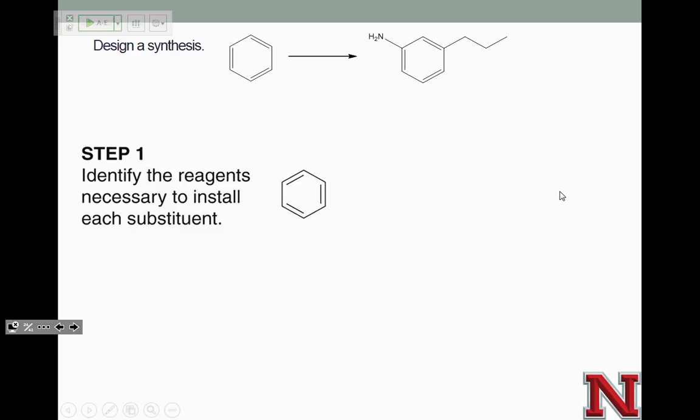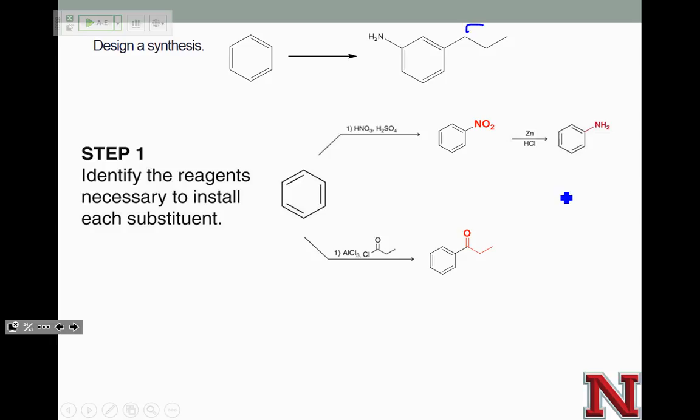So to put on the NH2 group, we are going to react with HNO3, H2SO4, and then we're going to reduce it. Now to put on the carbon-containing group, note that this carbon is primary, so the only way to get a good yield of that one is to do acylation followed by reduction. Because if we try to do alkylation, we're going to get rearrangement based on carbocation rearrangement. So we're doing our acylation